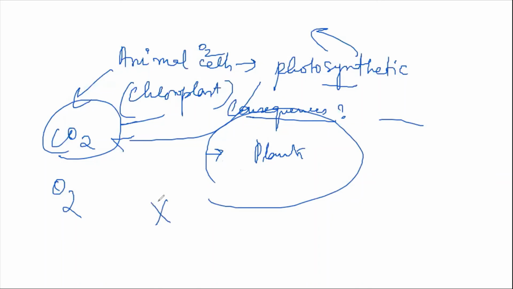But in the lab, there are few scientists who are claiming that by 2050, they are trying to make animal cells photosynthetic. Once I get that research article, I'll share with you guys. So it is interesting to know, and we will see. Anyways, okay, so that was all about today's class. And yes, any doubts are there?